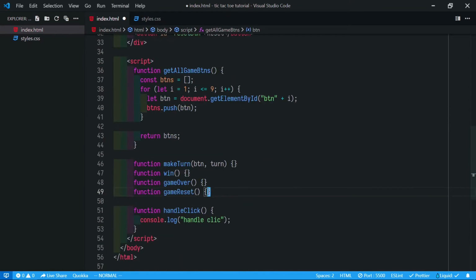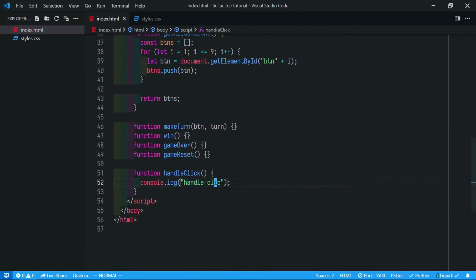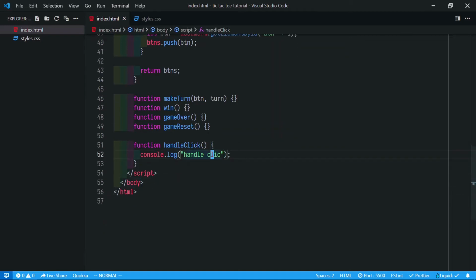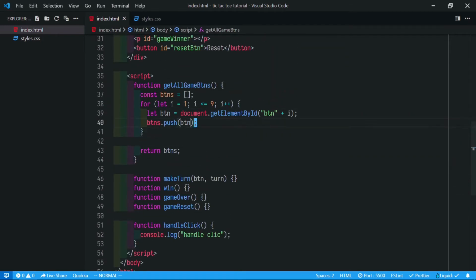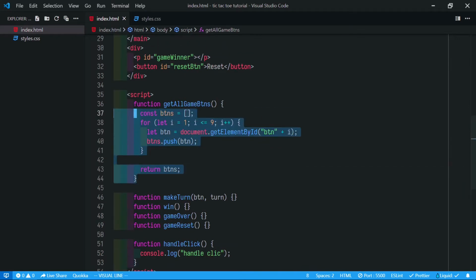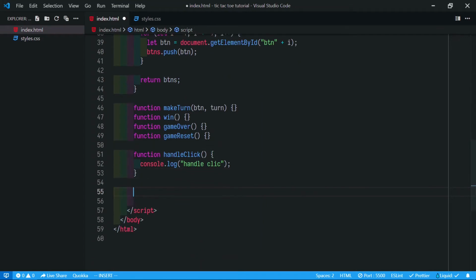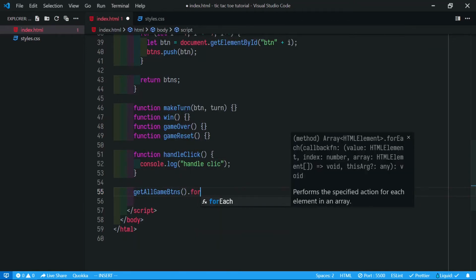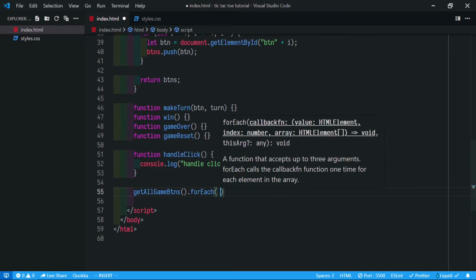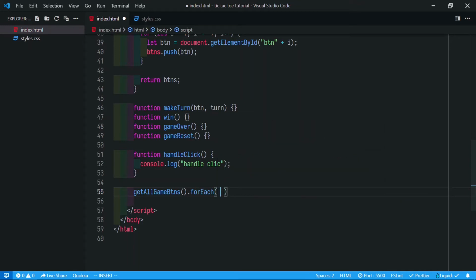There's an error, we need this here. On click handler, we have to attach the on click to every single button. So we get all the buttons from this function. Get all buttons dot for each takes a function, it's like a for loop.